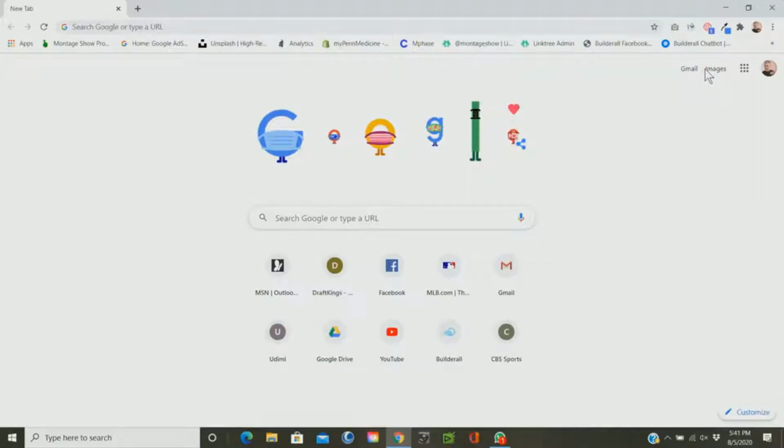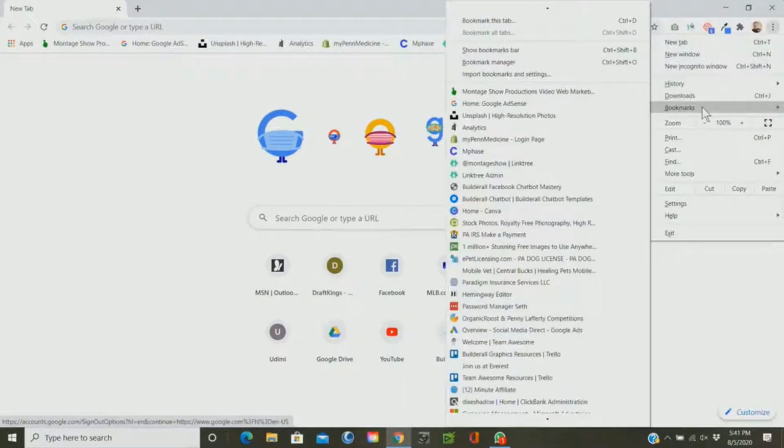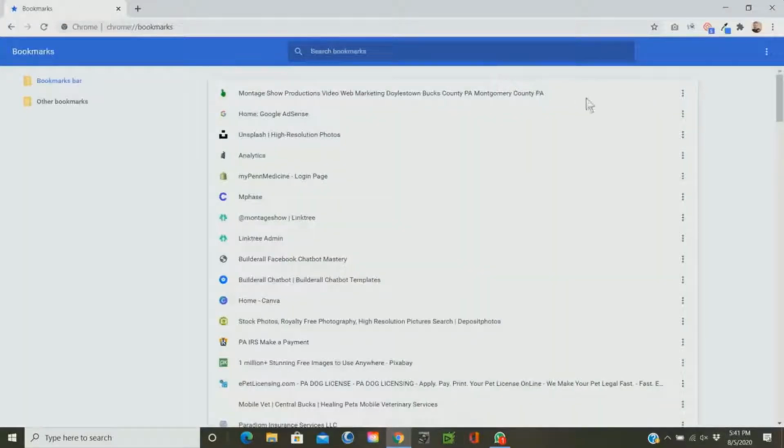If you go to those three dots up there, you'll find a bookmark manager. I went to Bookmarks, I just hovered over it, I didn't click on it. And then I come over here to Bookmark Manager. So this is just another phase for where you're going to be. You can see if you go to those three dots here,